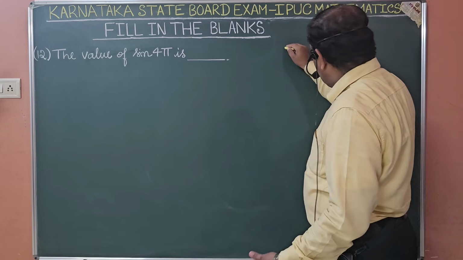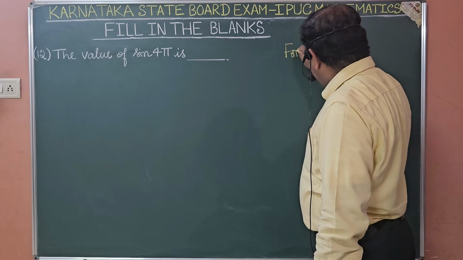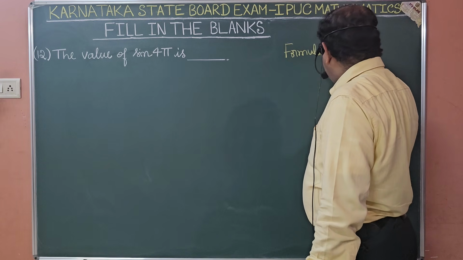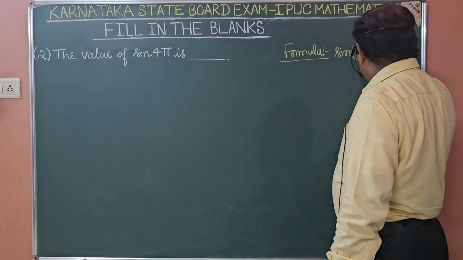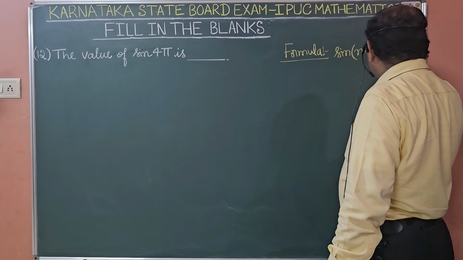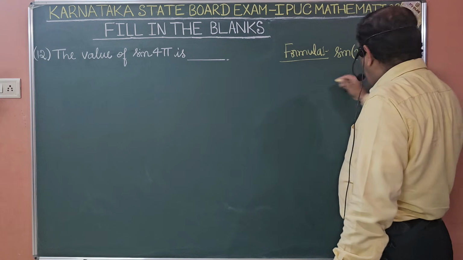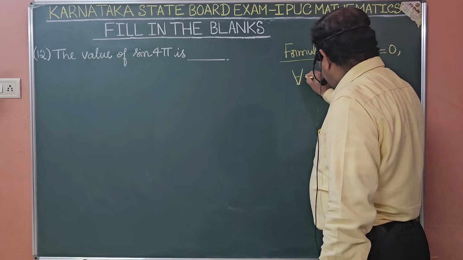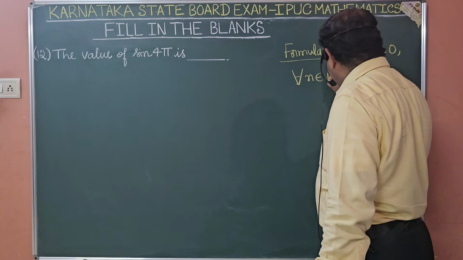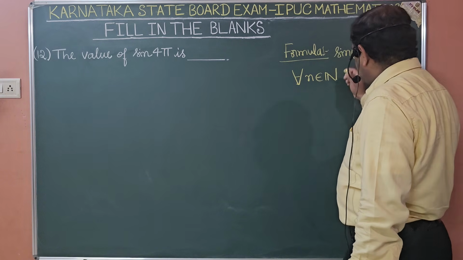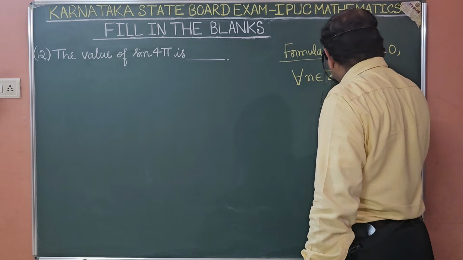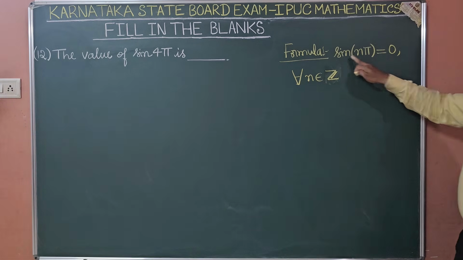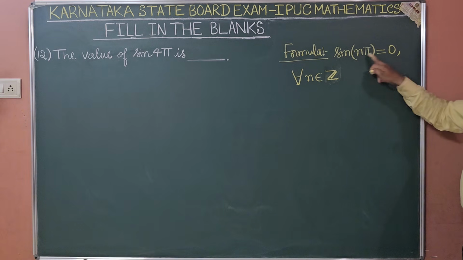Therefore students, kindly remember, in general, the value of sine of n pi is 0 for all n belonging to the set of natural numbers, or for all n belonging to Z, the set of integers. Therefore sine of 0 is 0, sine pi is 0,